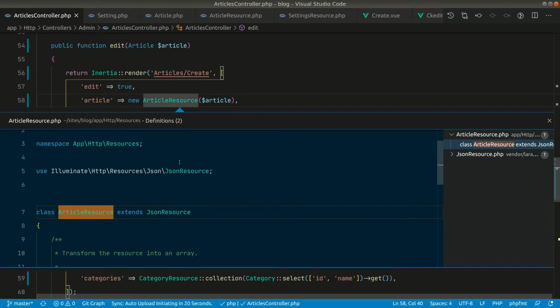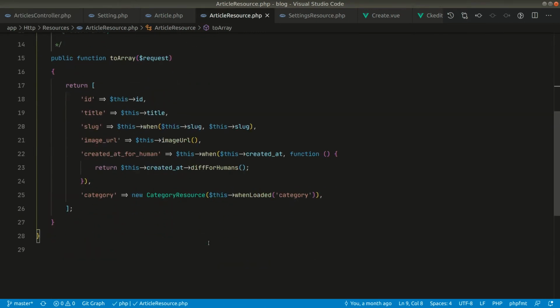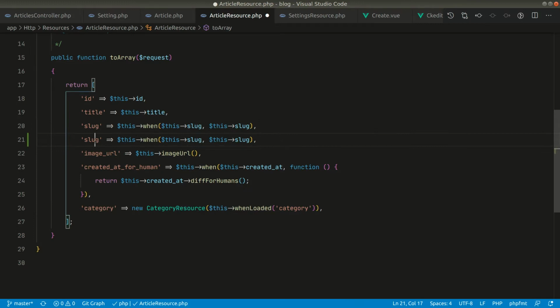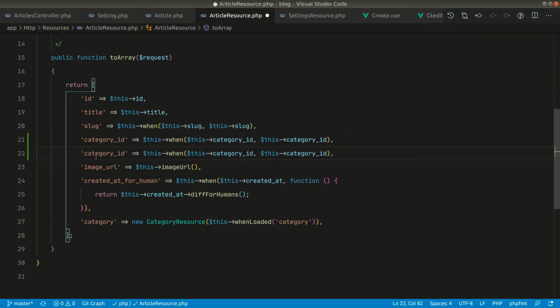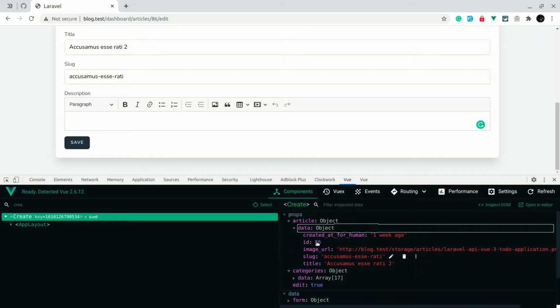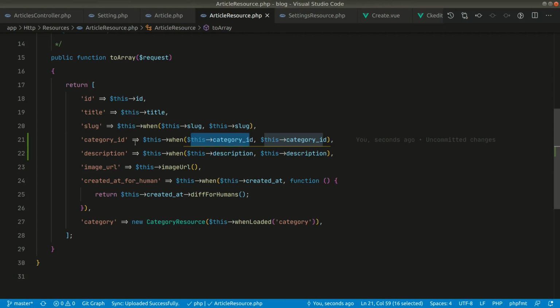So now here inside the article resource, let me duplicate this, and here let me pass the category ID and also the description. I am using this when here because if a category ID is passed, then only it will be passed to this response. Okay, otherwise it will not be passed from here.